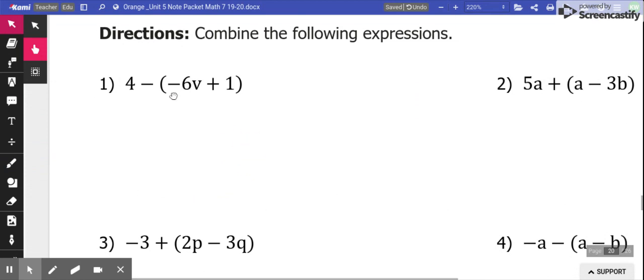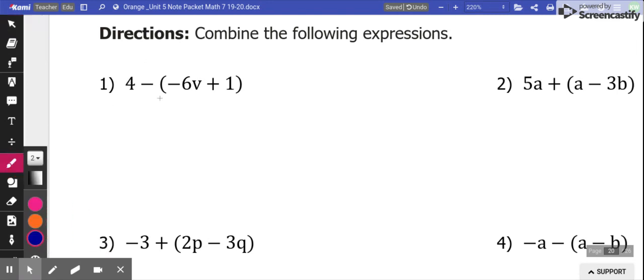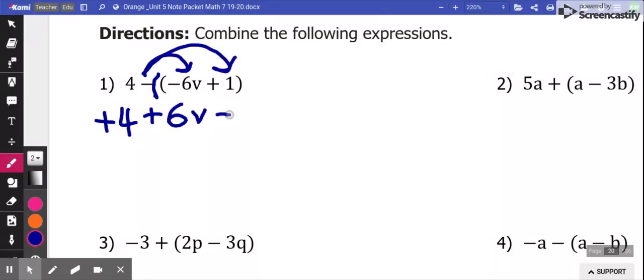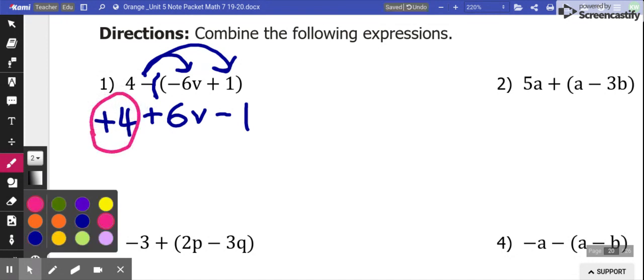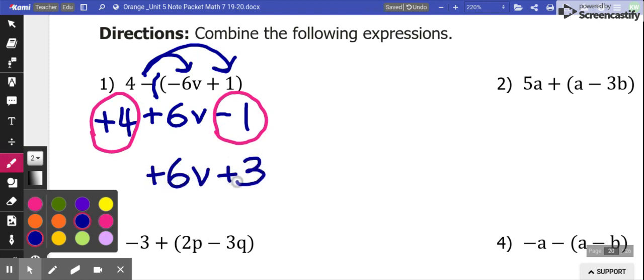Combine the following expressions. Okay, another time when we have a negative symbol in front of a group. So here we go. We're going to change this into a negative 1, and we're going to distribute that. So I start with a positive 4, then a negative times a negative is a positive 6b, and then a negative times a 1 is a negative 1. Looking at what I can combine, I have a positive 4 and a negative 1. So that leaves me with a positive 6v plus 3, because 4 minus 1 is